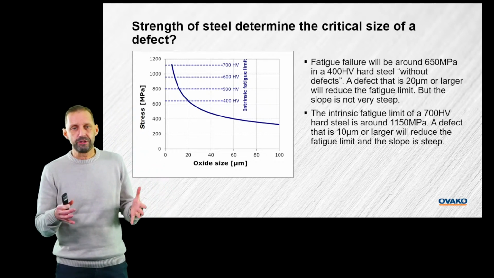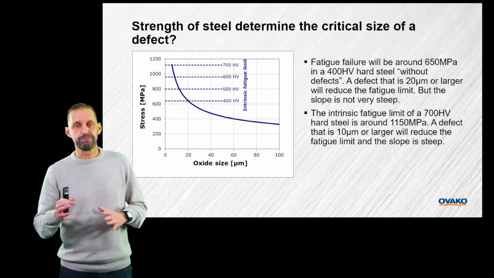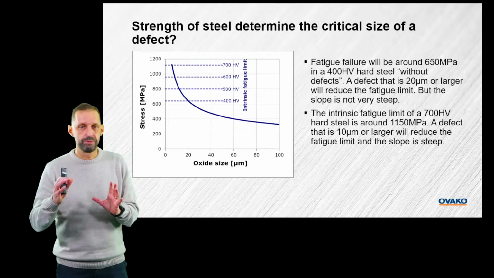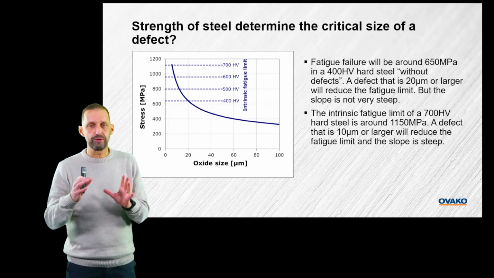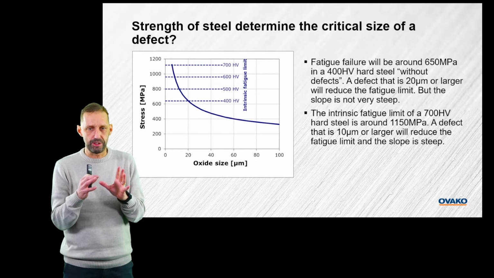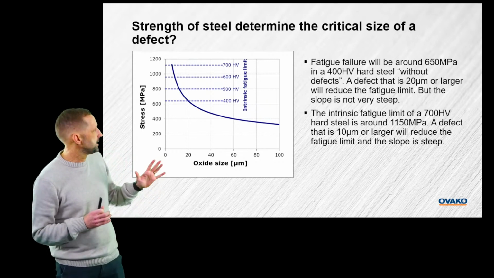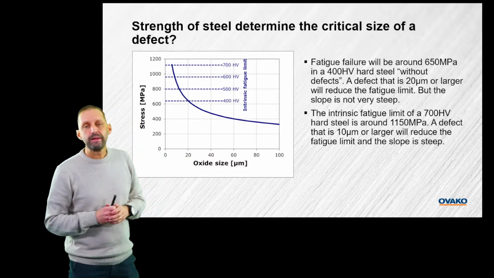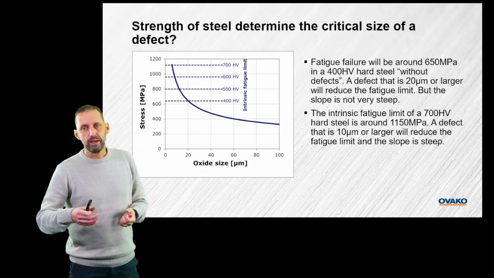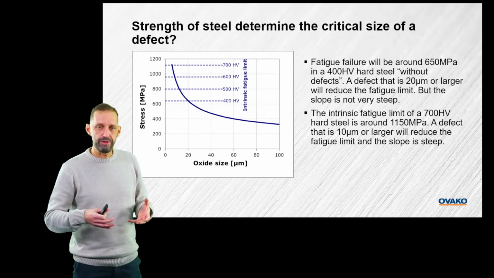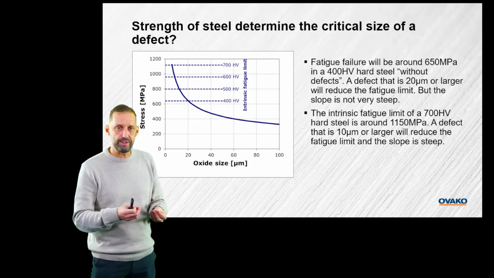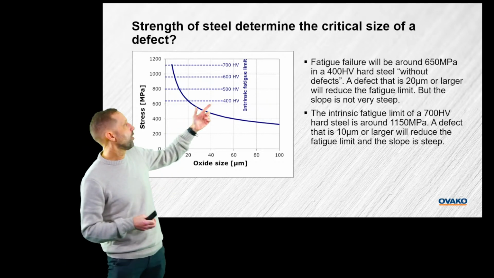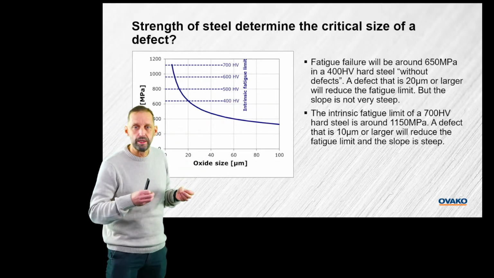Normally the fatigue strength of the steel, you could say, is divided into two different things. Either it breaks due to the strength of the steel itself, which we call the matrix strength, or the intrinsic fatigue. I call it intrinsic fatigue here. And the other one that really takes it down is if you have some kind of defect that acts as a stress raiser, and that will cause the fatigue earlier, because then you will surpass this strength locally around the